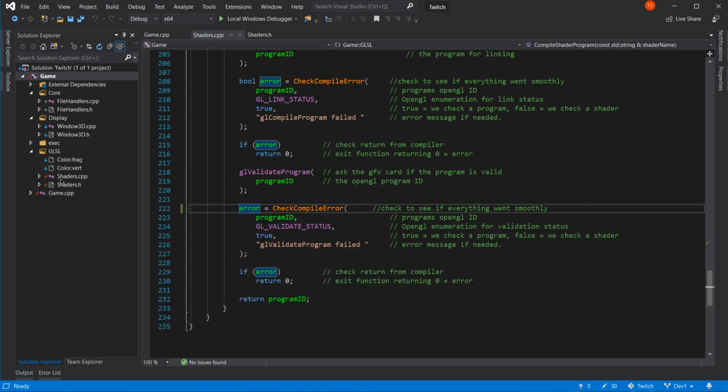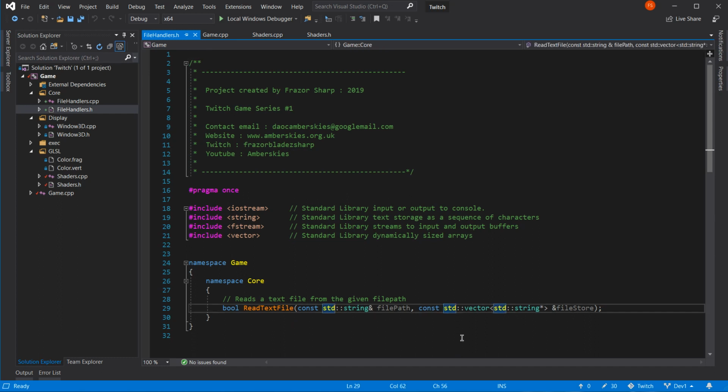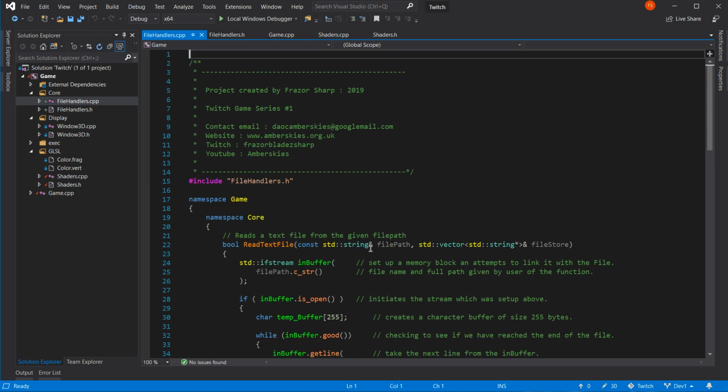Very funny. Nice one, Blades. So it's file handler.h I want. It doesn't like the second one. That one. That's what it doesn't like. I put too much constness in my standards. Yeah, took it out of here, didn't I? Typical.